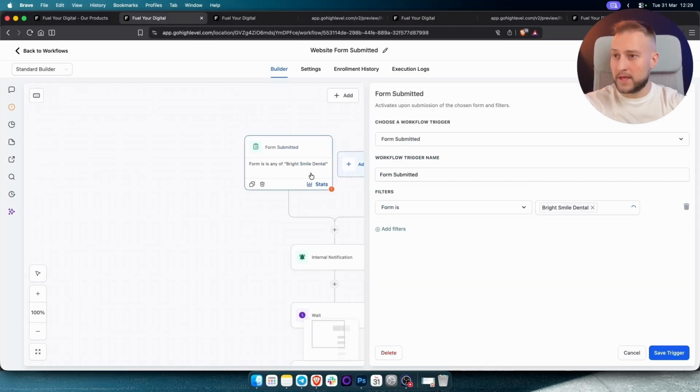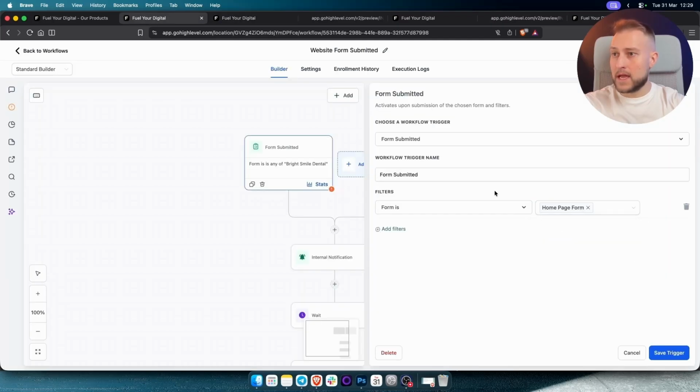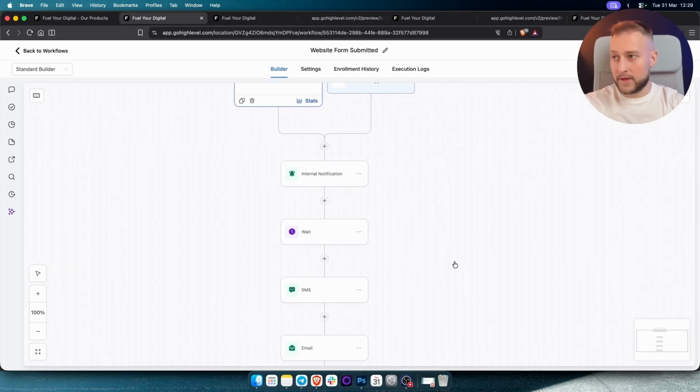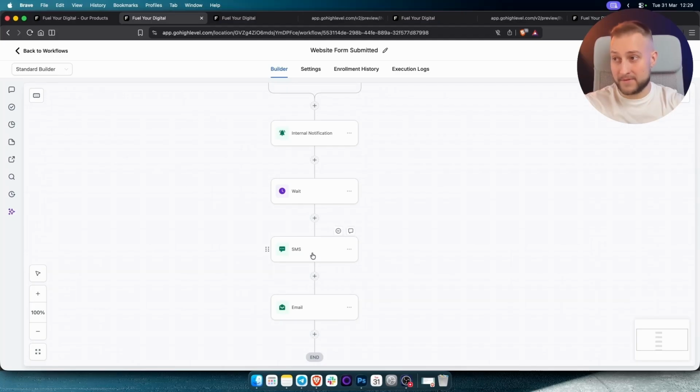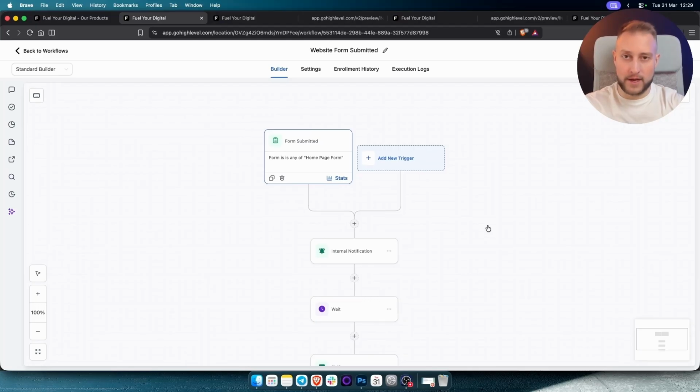The form submitted here needs to be a form that is a homepage form, okay? Because this is the form right here that we are looking at. So whenever someone submits that form, again, the form is homepage form, they will get an internal notification. So our client will get an internal notification, and our client's visitor, the website visitor that submitted a form, will get an SMS and email, okay? This is a very important automation that you need to have inside of your